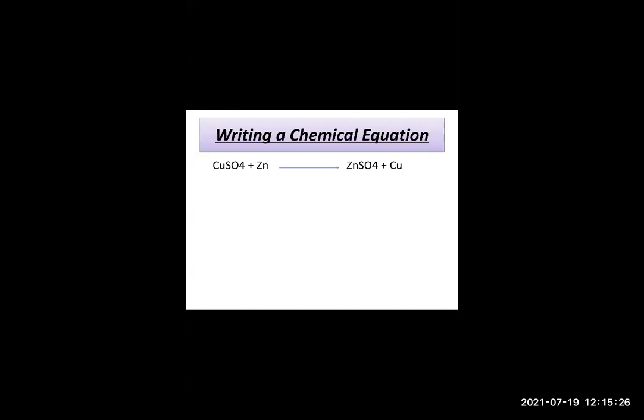Now, to make this chemical equation more informative, we have to mention the physical state of the reactants. Now, what are the 3 physical states, students? Write the answers in the chat box. 3 physical states. Solid, liquid, and gas. Very good, Balaji. It's solid, liquid, and gas. Very good, Sadaf. So now, what you have to do, you have to write S for solid, L for liquid, and G for gas. Right?